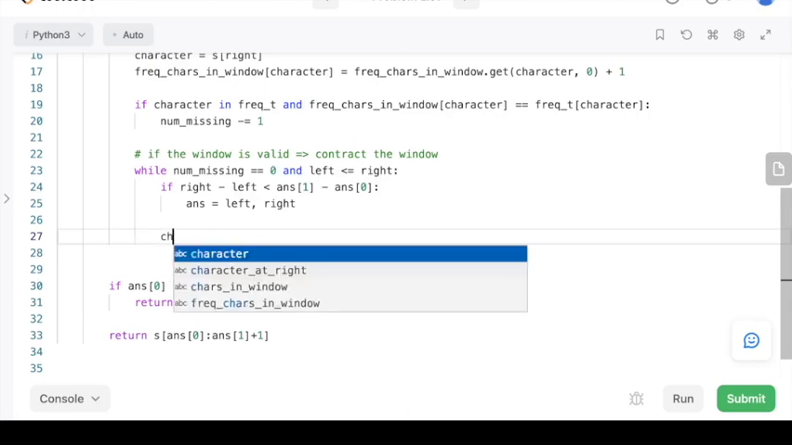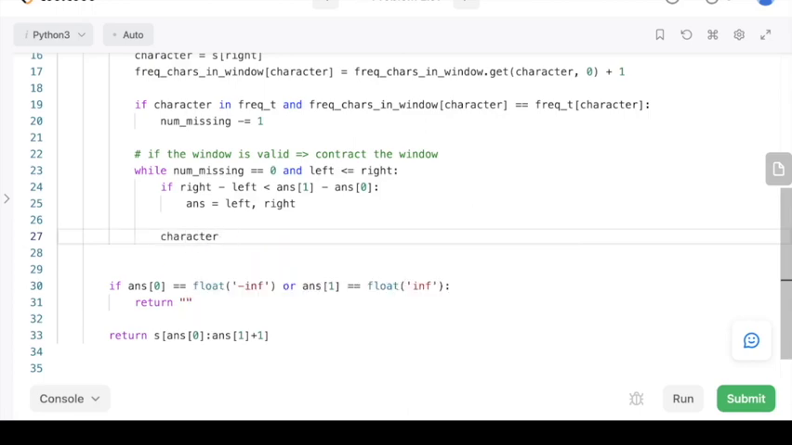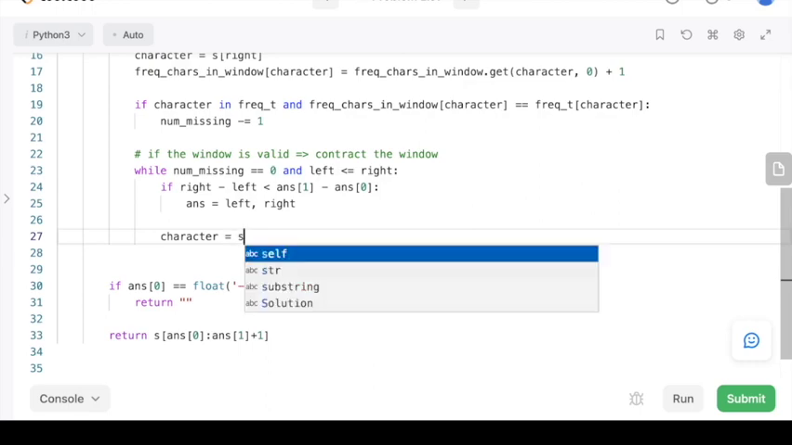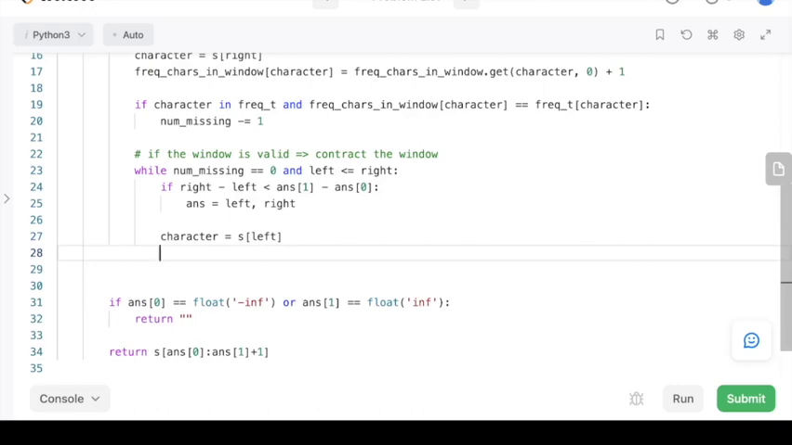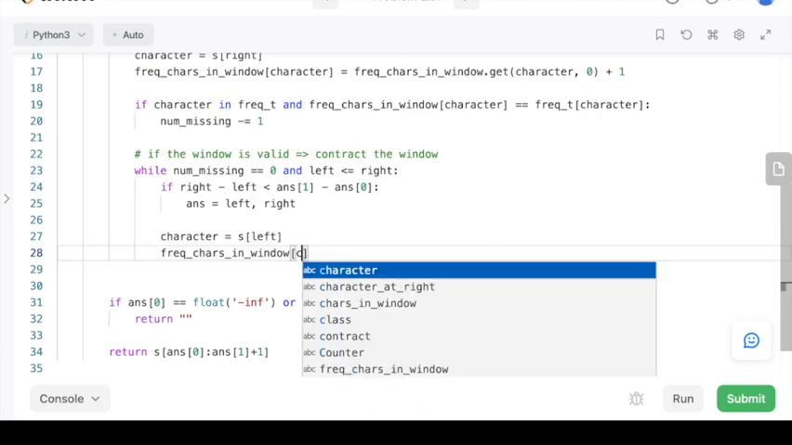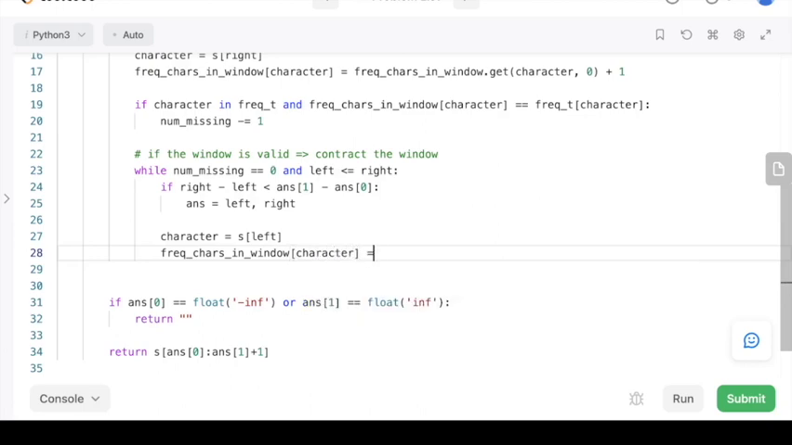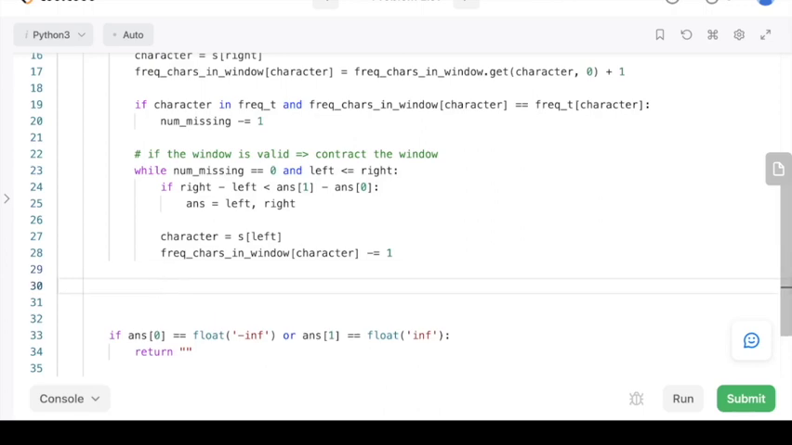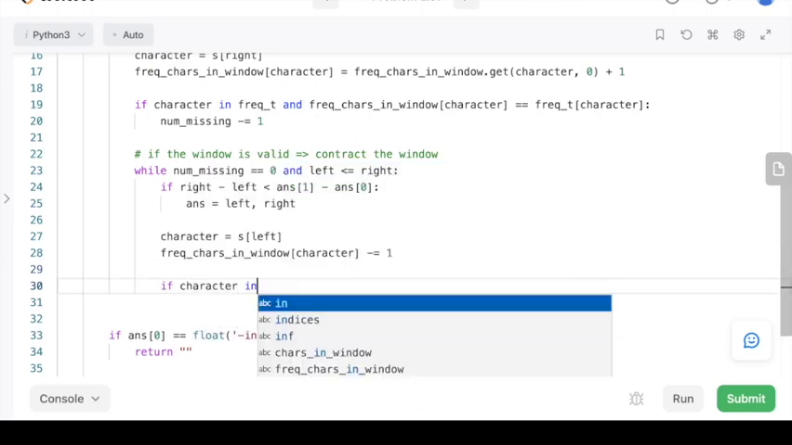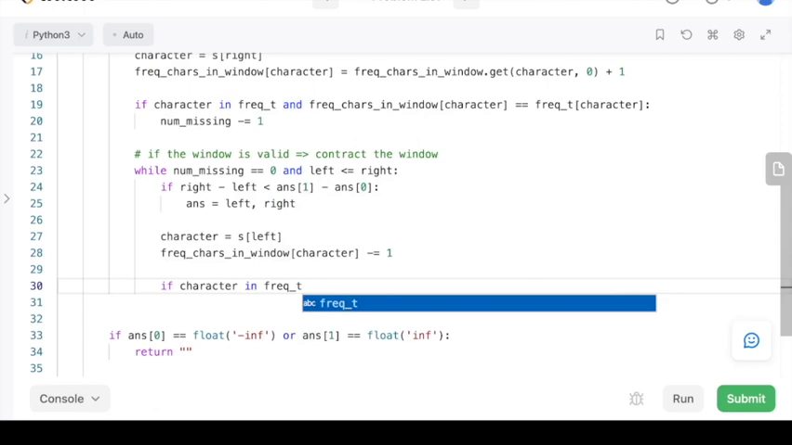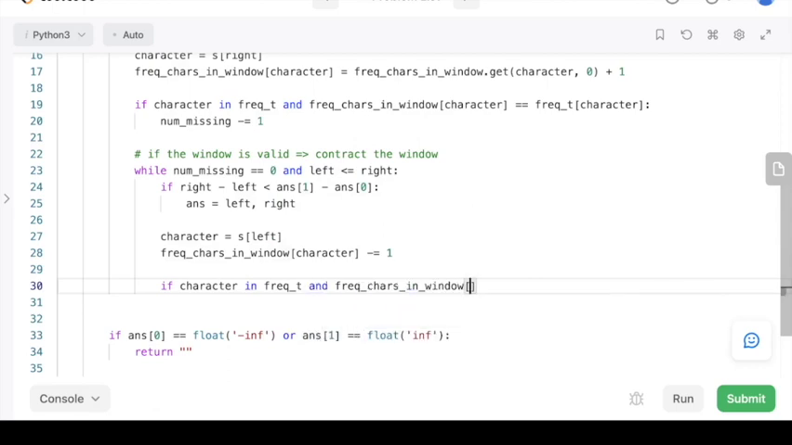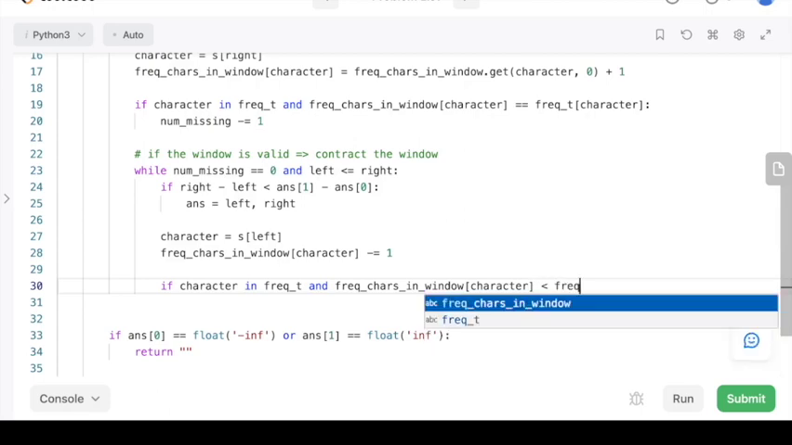So we have another character that we're going to check if it's interesting to us. It's the character at left currently, so we'll check s at left. First we want to decrement the frequency of the occurrences of this character by 1. And then we want to check again if this character is interesting to us. It's interesting if it occurs in t, great. And if the frequency of occurrences of this character is less than the number of times that it occurs in t,